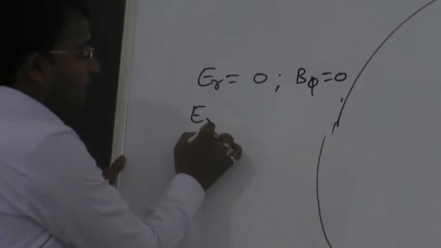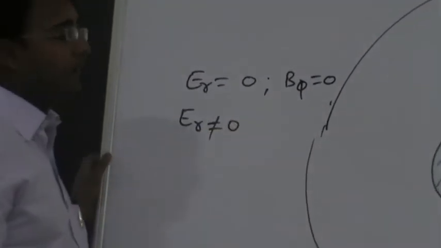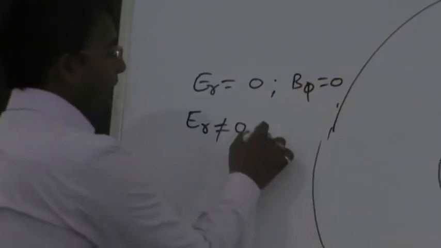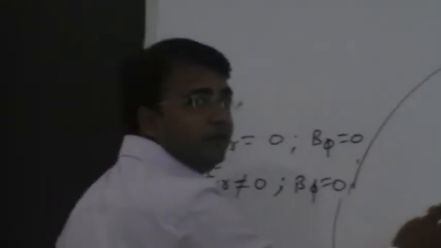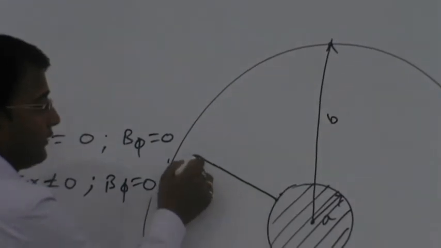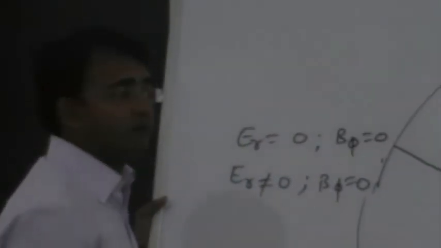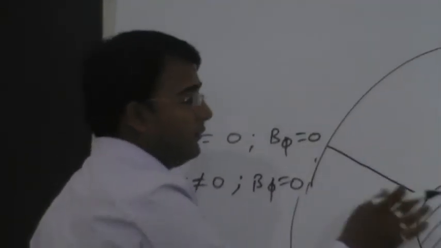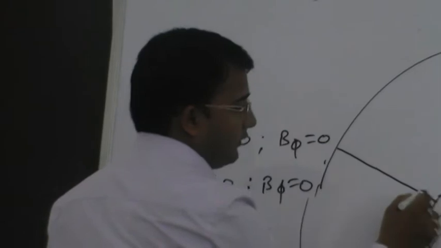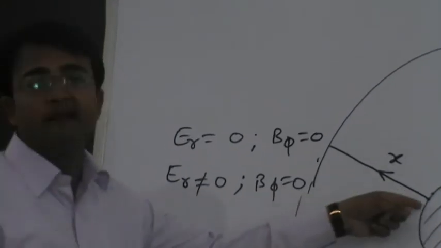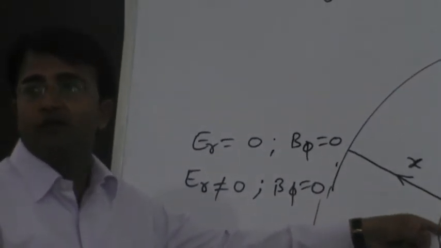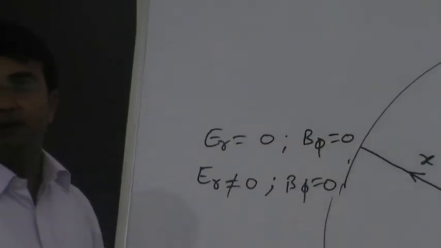If a certain electric field is applied between anode and cathode, but the perpendicular magnetic field is 0, what will happen? The electrons, because of the potential, or we can say the field between anode and cathode, will be emitted and will move towards the anode. This is the anode structure, and in between there is an interaction space, and the electron will take a path, say x. It means it will have a straight line. The electrons emitted from the cathode will reach the anode because of the electric field only.